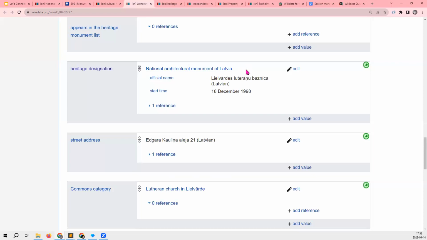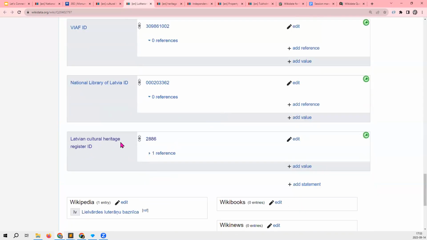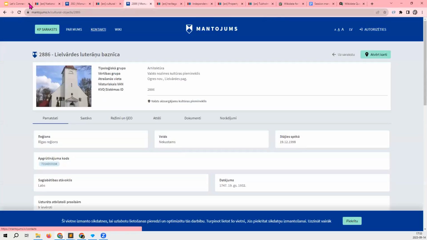It is a national architectural monument of Latvia. We even have the start time, that is the date when that church was added to the National Architectural Monuments Register. And we have the Cultural Heritage Register ID.